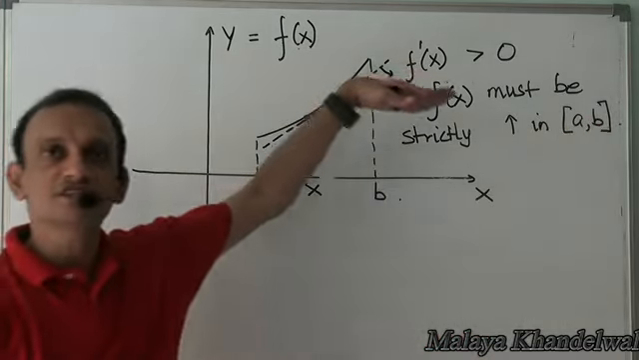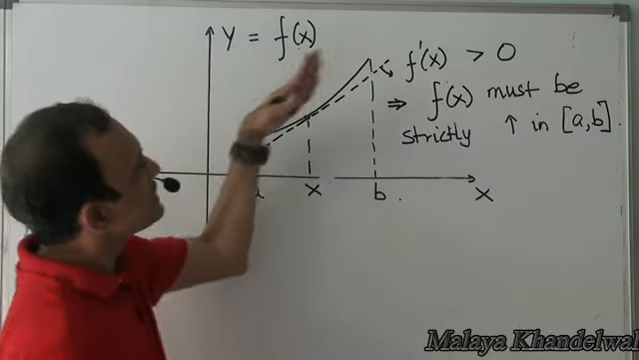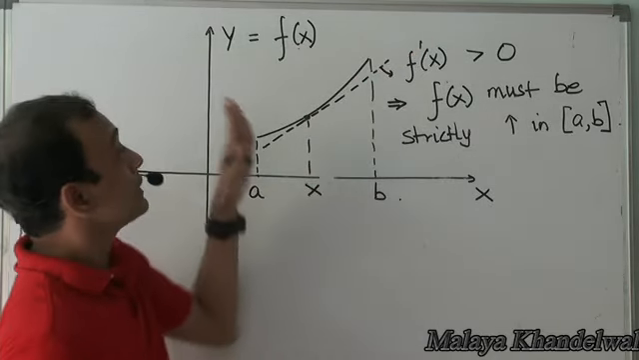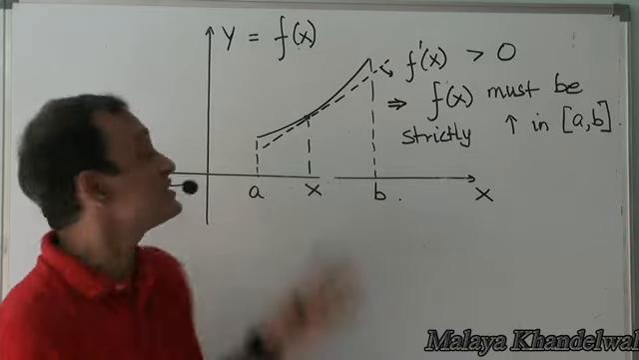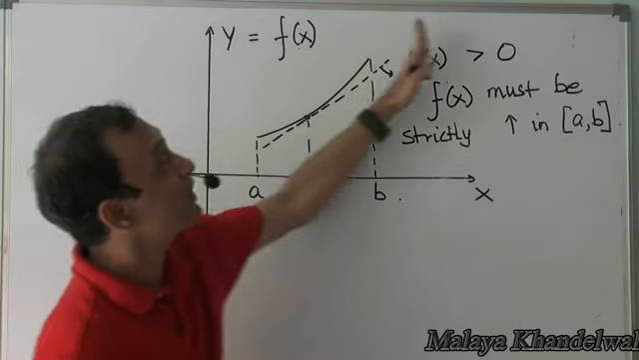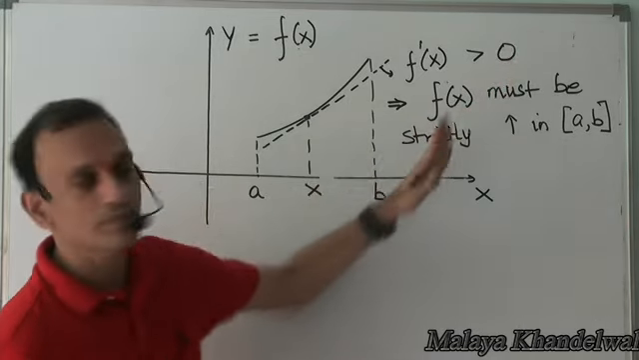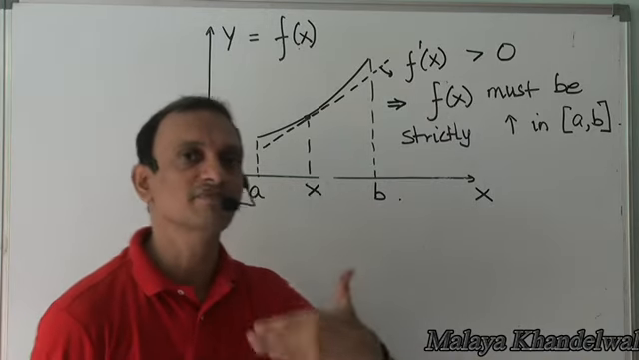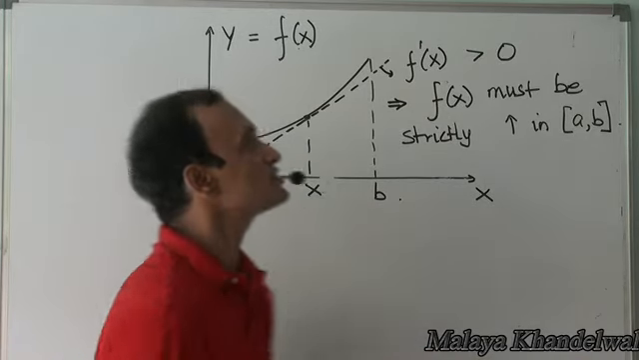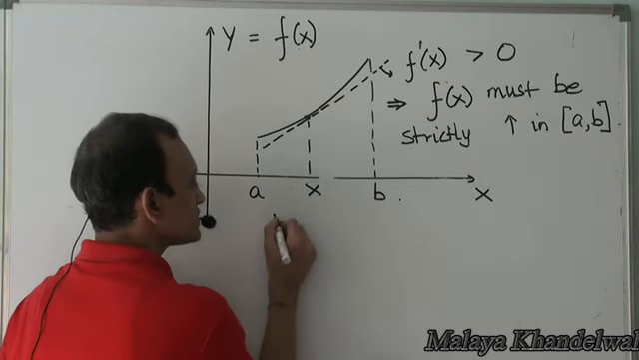If the slope of the tangent at every point is positive, if the derivative at every point of this interval, assuming that the function is continuous and differentiable in the interval a to b, if you find that f dash x is positive at every point, then you can claim that f x must be a strictly increasing function in the interval a to b. Similarly,